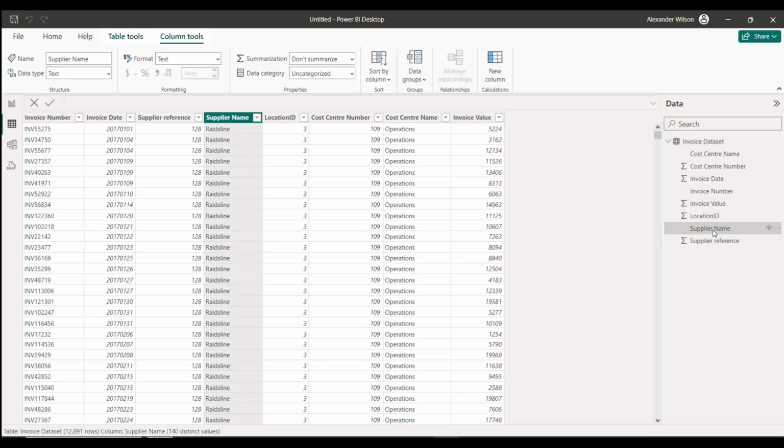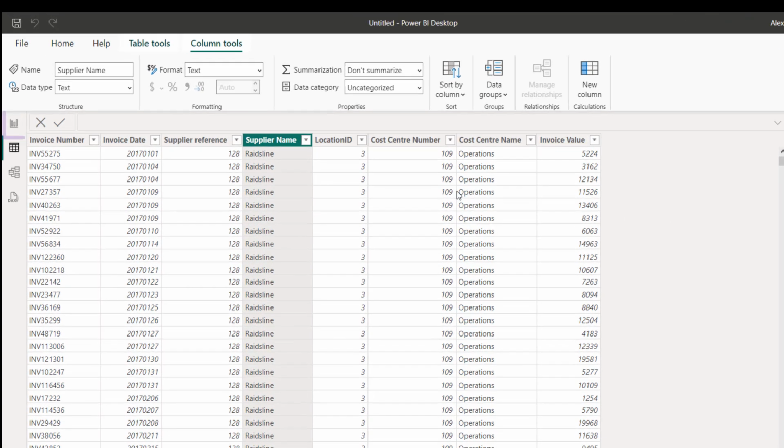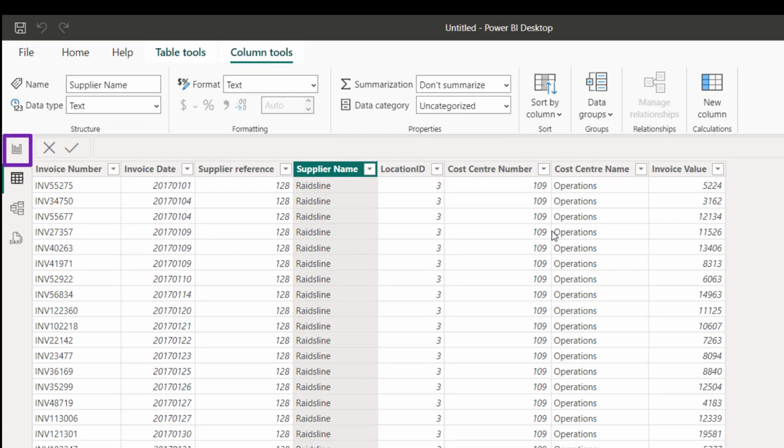Now, there's not actually anything to do in this report in the data model. It's kind of too simple for that. We're going to start looking at measures, which are part of the data model, but it is easier to understand how these work using visualizations in the report view. So let's get into the report view. Again, do you remember how to get back to the report view? Take a quick minute, see if you can work it out. It's the little button on the left-hand side above the table view button.